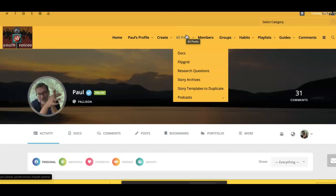I mean, on that shelf, you decide you can make as many of those shelves as you want to, and you decide which books end up on that shelf and which ones don't. Okay. So,